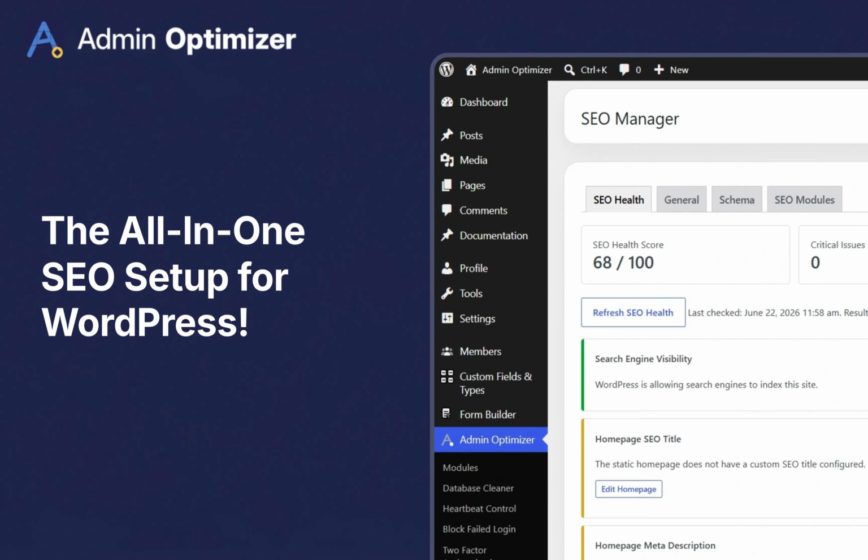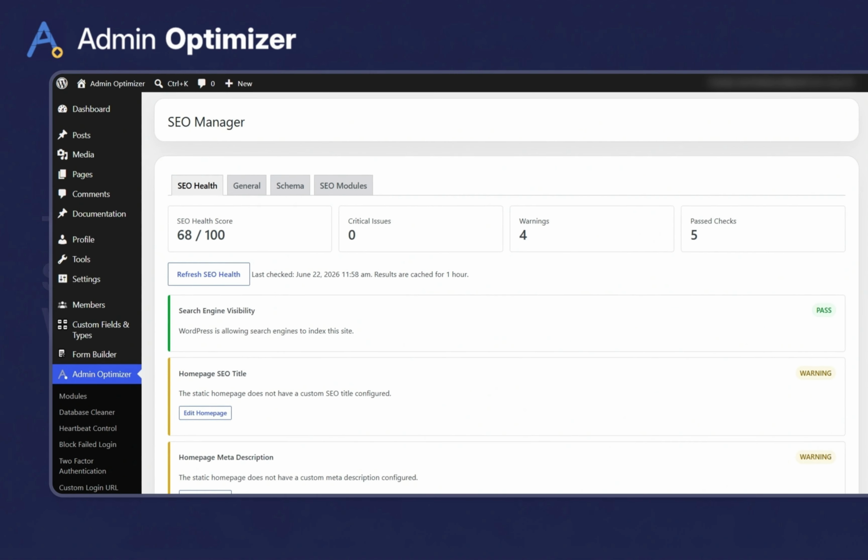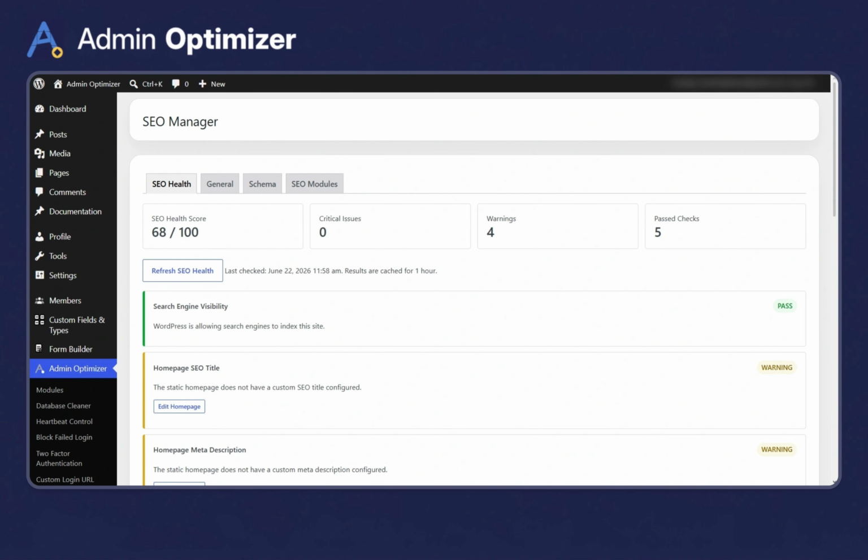Today, we are diving into Admin Optimizer's SEO Manager module. Usually, setting up solid search optimization means installing heavy, traditional SEO plugins like Yoast or Rank Math, which often add unnecessary database bloat and slow down your site. Admin Optimizer changes the game by building professional-grade SEO tools directly into your existing optimization suite, focusing strictly on what